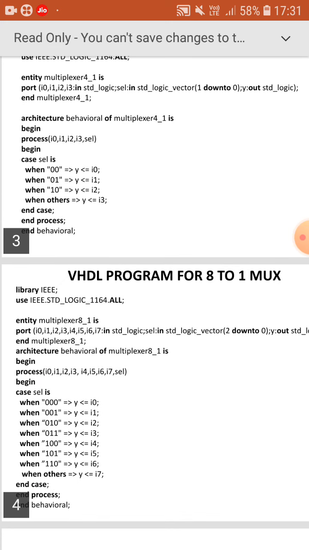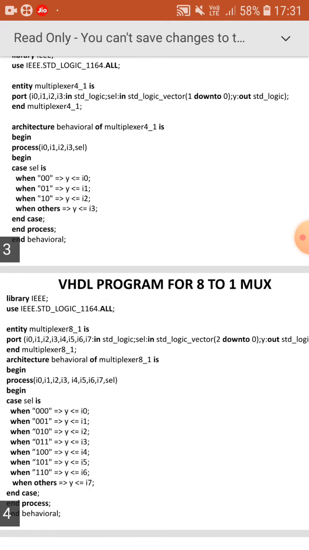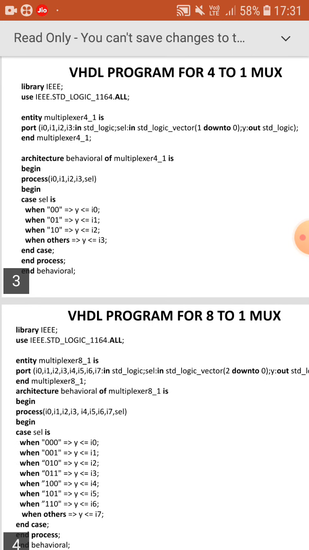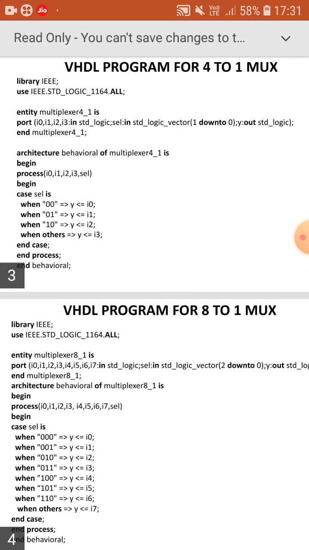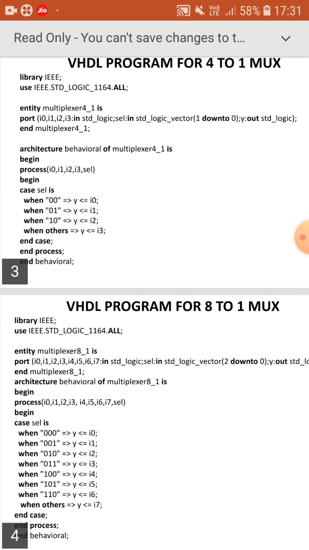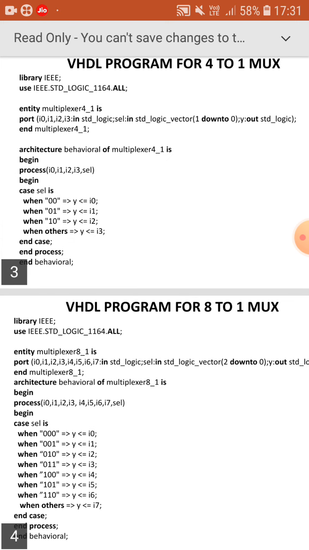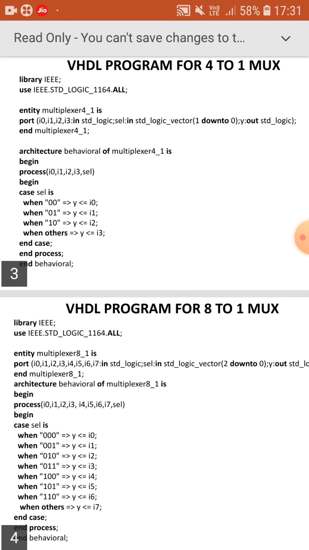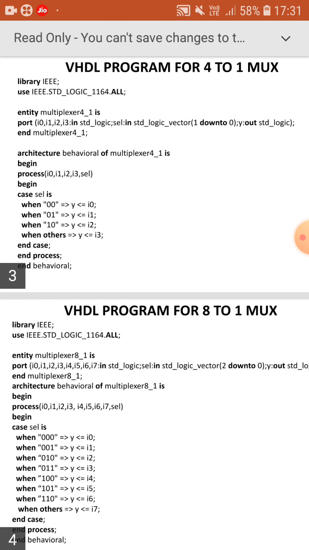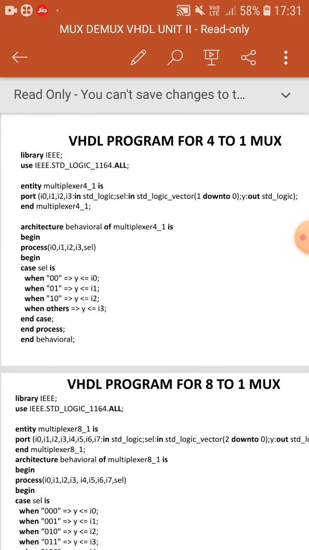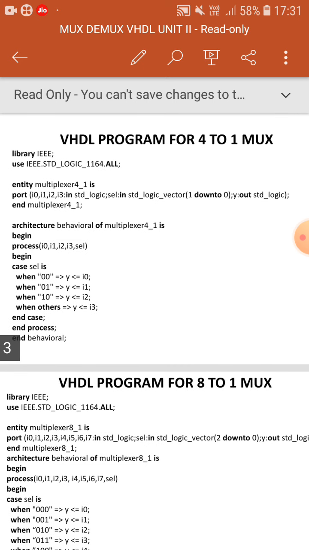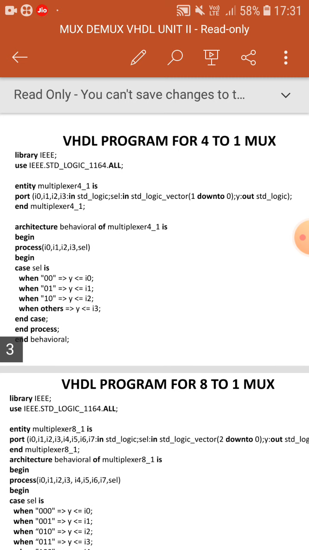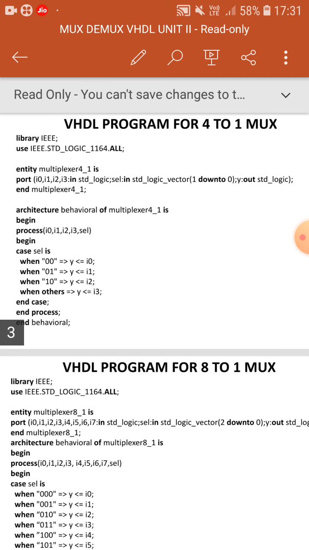The second line, I am declaring input output ports of the 4-1 multiplexer. In this program, I0, I1, I2 and I3 are inputs. Y is the output. SCL is the select line. Here you see SCL colon in std logic vector, bracket 1 down to 0.